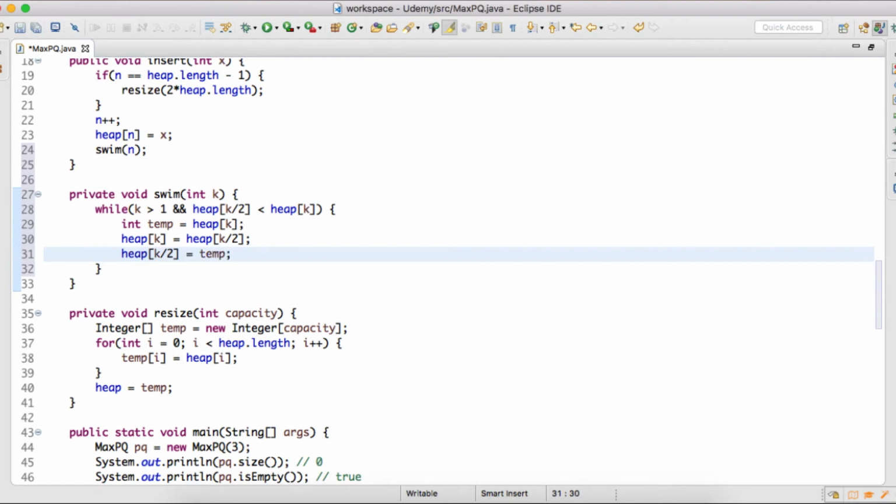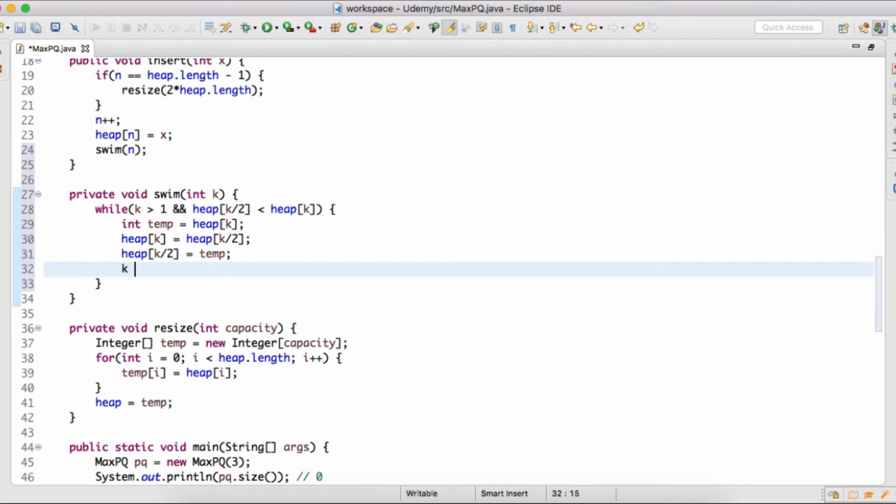After we perform this swap, we'll traverse to its parent by assigning k/2 to k, because we need to continue shifting up till the newly inserted value is at the correct position.